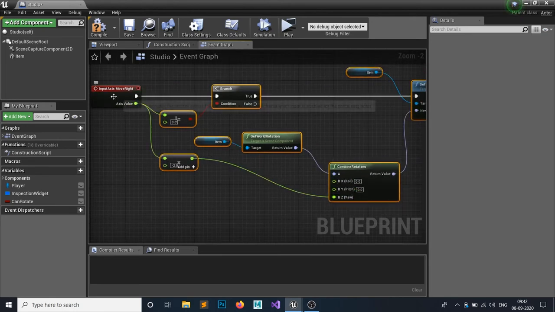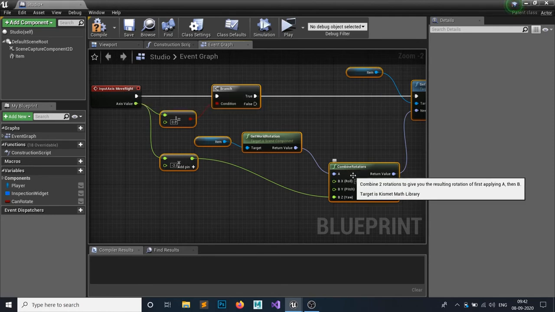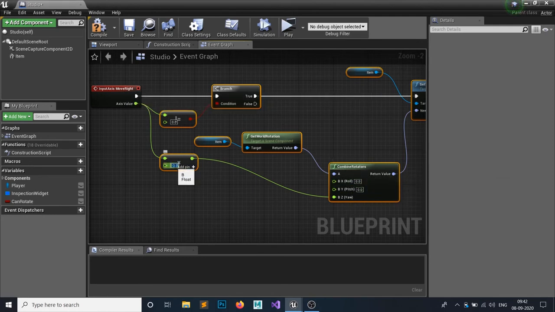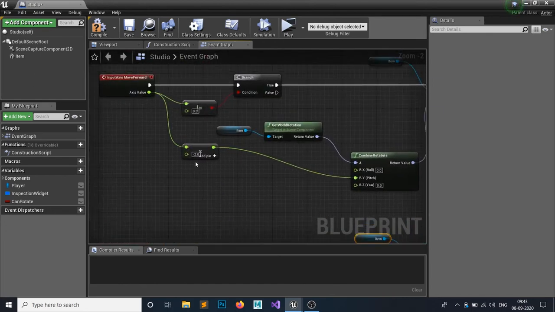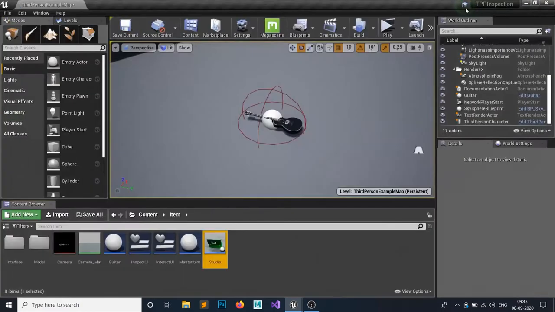For move right and left, attach it to yaw and make this -1, so it will rotate slowly on your A and D keys. Just hit compile and save, and let's see if it's working or not.